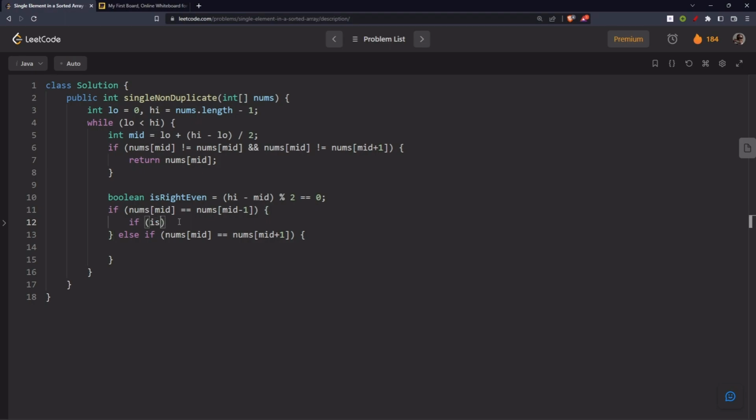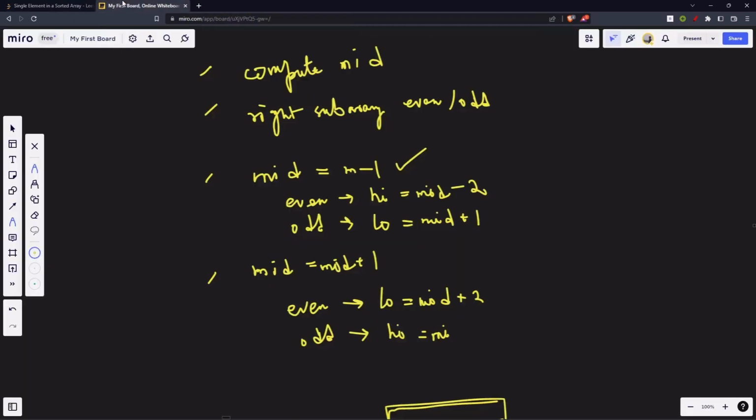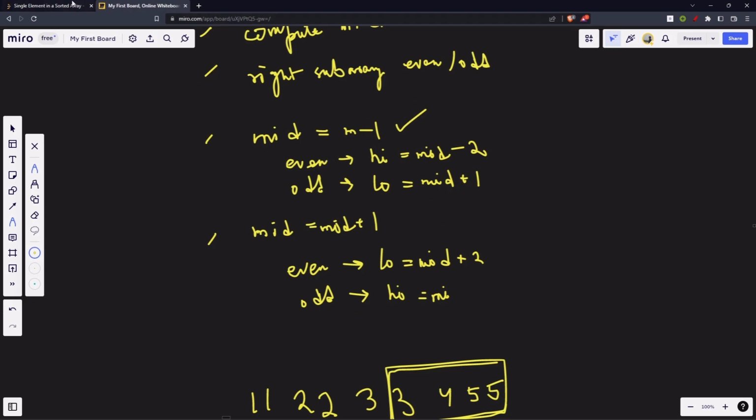Is right even? If it's even, do something, otherwise do something else. Similarly for this one, check if it's even. If it is even, do something, otherwise do something else. Now if it is even,